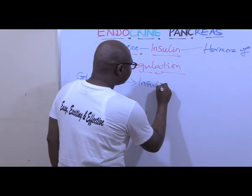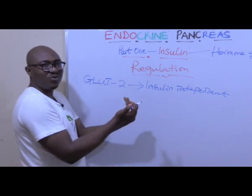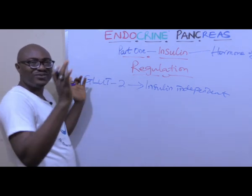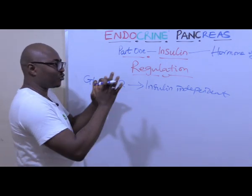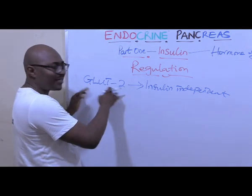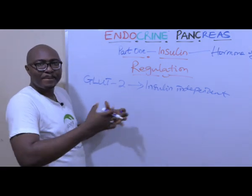It's insulin independent. That means it doesn't depend on insulin to enter into the cell. Right? It's insulin independent, unlike GLUT4. GLUT4 is what other cells like muscle cells and so on use. When insulin acts, it makes GLUT4 available so much in the cells so that glucose can enter. But this one is a different glucose transporter. Okay, it doesn't depend on insulin. So what happens is that glucose now enters the beta cells through GLUT2,